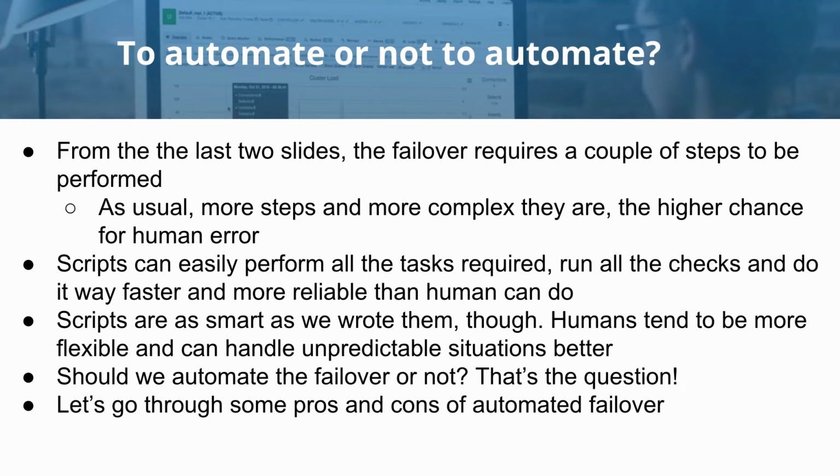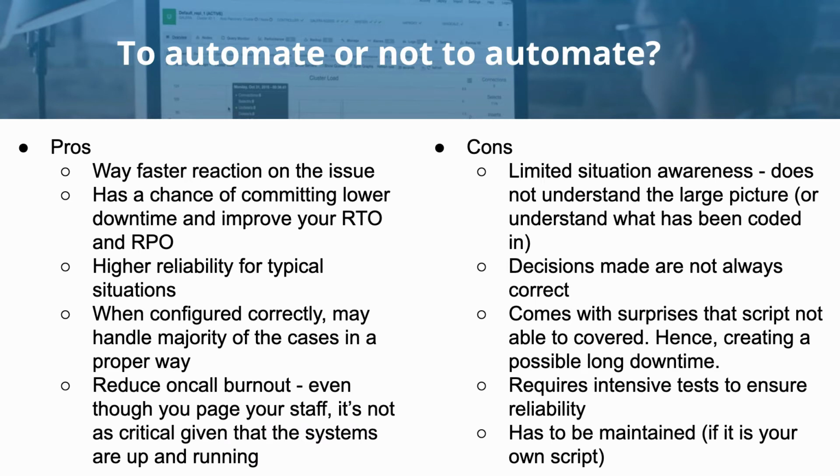The script might not foresee that and not be able to deduce its reasoning on what's the best thing to do. Should we automate the failover or not? That's the question. Let's go through some pros and cons of automated failover. The pros: way faster reaction on the issue, has a chance of lower downtime and improving your recovery time